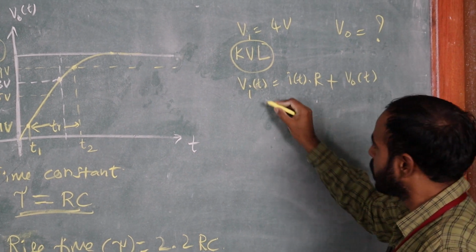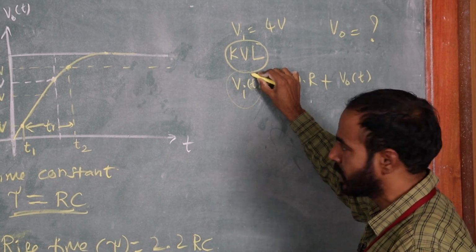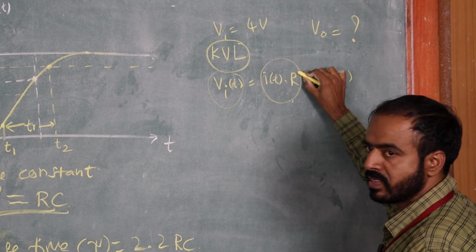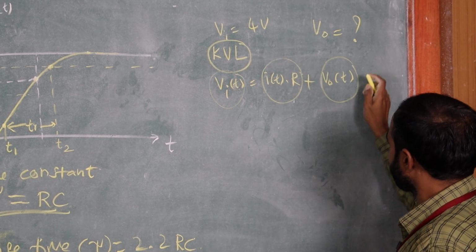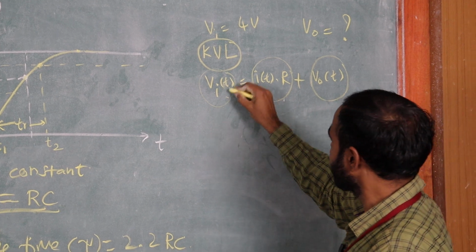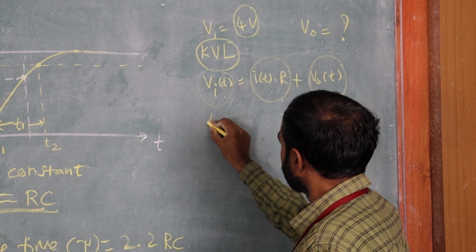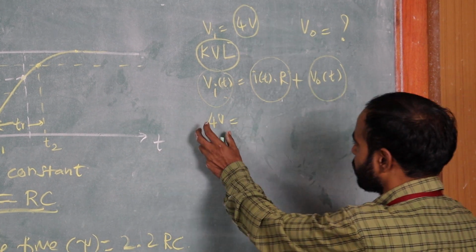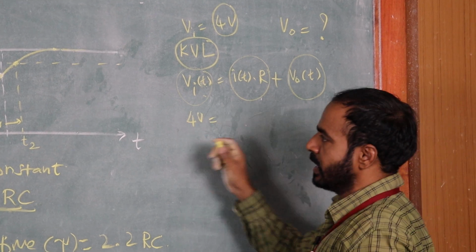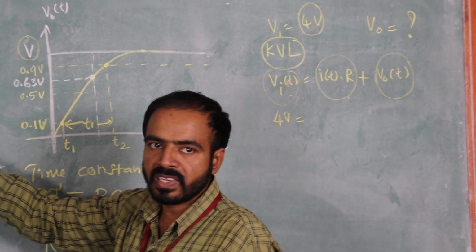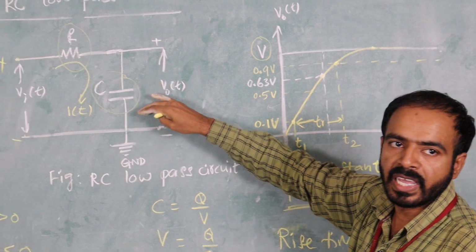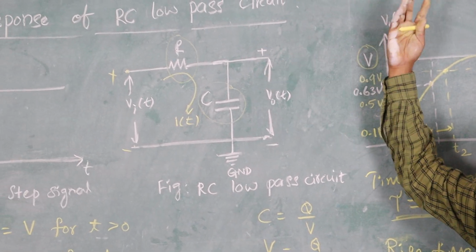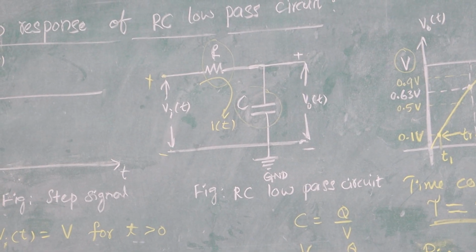It is the KVL: applied voltage, input signal, voltage drop across the resistor and voltage across the capacitor. For example, if you take 4 volts, the applied voltage is 4 volts. Initially there is no voltage across the capacitor. The capacitor charges exponentially; it takes some time to reach the final value, which is equal to the amplitude of the input